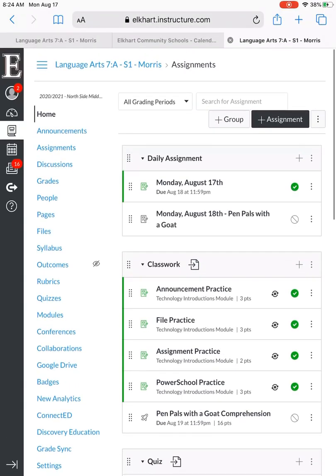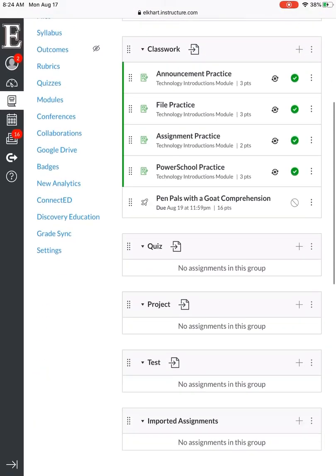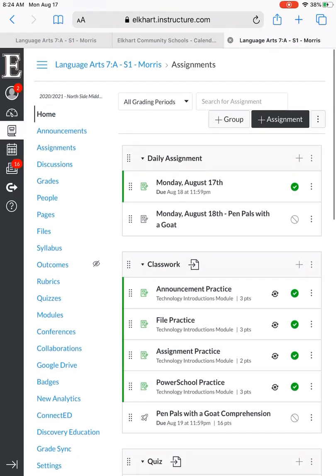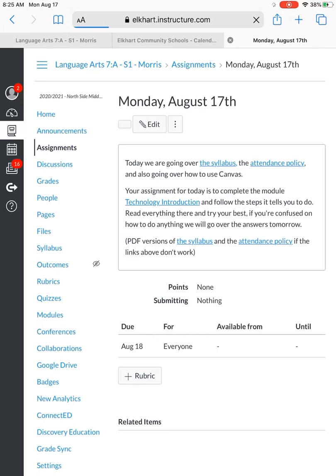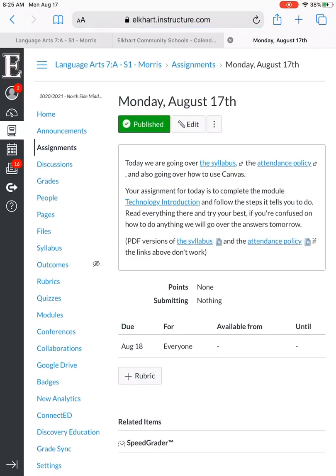And again, mine's going to look different because I have more assignments that I haven't released to you. The most important thing is to look for this daily assignment tab, and it should have today's date for whatever date it is. So today is Monday, August 17th, so I'm going to click on that. And you can see here that I have an assignment for today. Its points are worth nothing because you're not actually turning in anything on this page, but we'll go over that in a minute. First things on there are the syllabus, so I'm going to click that blue link, the syllabus,